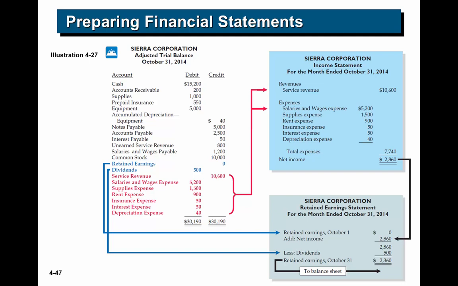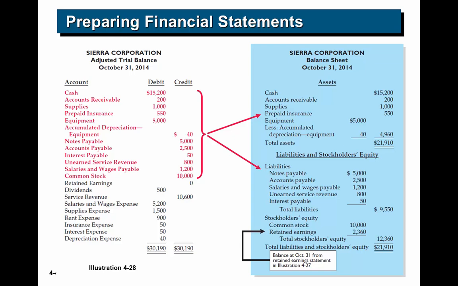So then we can take our retained earnings that we had, we can add in the net income, which we just figured out from the income statement. We can subtract the dividends, which are there on our adjusted trial balance, and that will give us our new retained earnings. And then we can take all of the accounts, the top accounts there now that are in red, transfer them straight over to the balance sheet, take the retained earnings off of the statement of retained earnings, and boom, we've got a balance sheet. So it's really cool. Once you do that trial balance, do the adjustments and do the adjusted trial balance, then you can just very easily create the financial